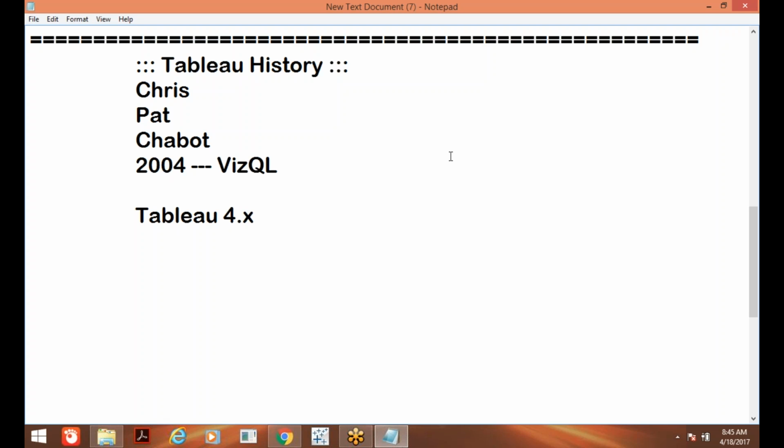So the earlier name of our Tableau is VSQL only. Now they have changed the name and they have maintained that language internally in the tool. Right? So when they got Tableau 4, again failure. Tableau 5, failure only. Tableau 6, failure only. In around 2007, they came up with Tableau 8. This is the first success they have seen.